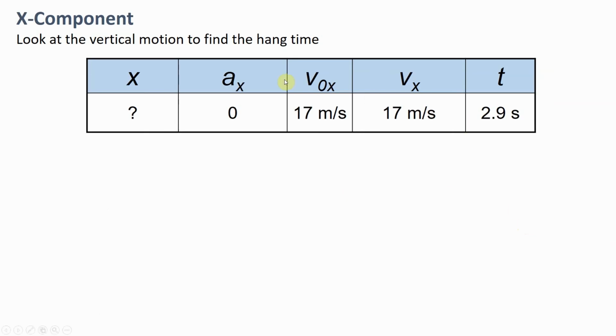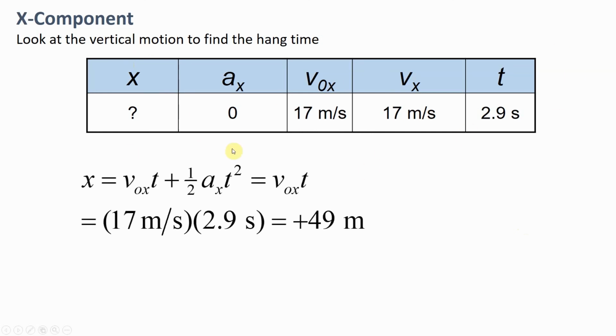So in x, I now know everything except for how far it goes. The acceleration, the velocity, and the time. But we really only have one equation in x. That's x equals vt, because there is no acceleration. Distance equals rate times time. Meters equals meters per second times seconds. These equations are not hard to memorize. So x is 17 meters per second times 2.9 seconds equals positive 49 meters, and that positive means that it's